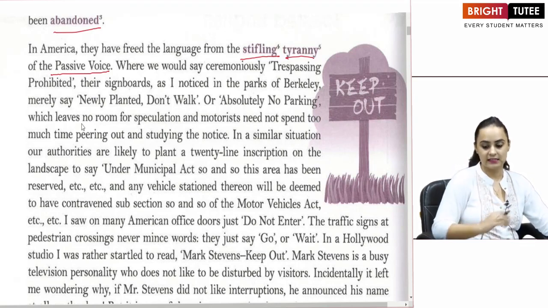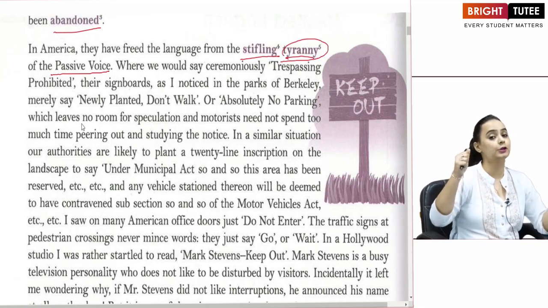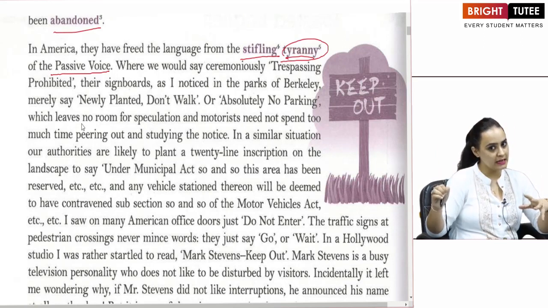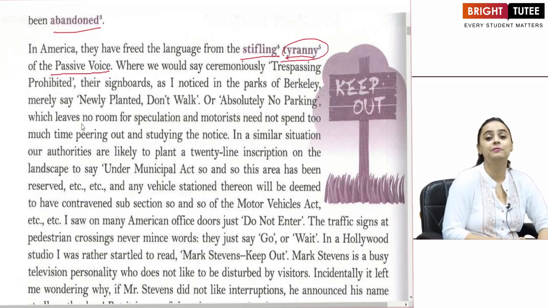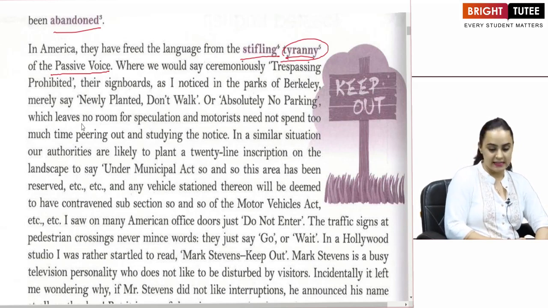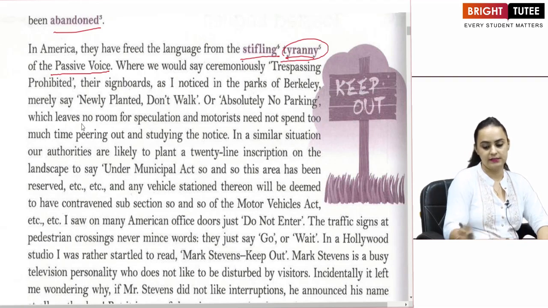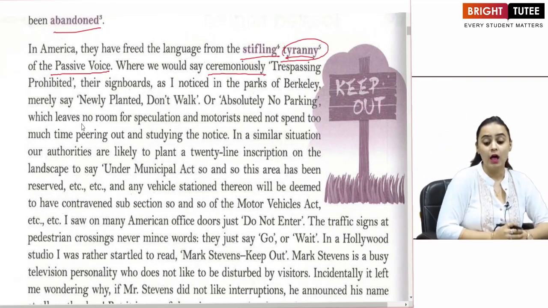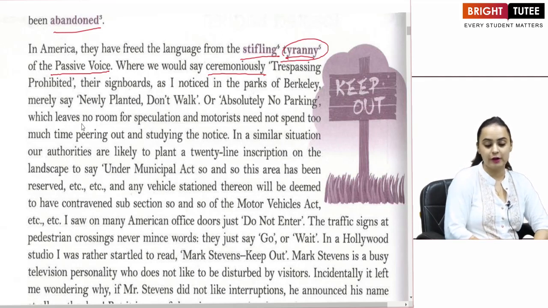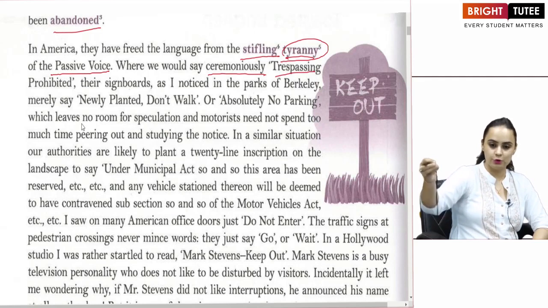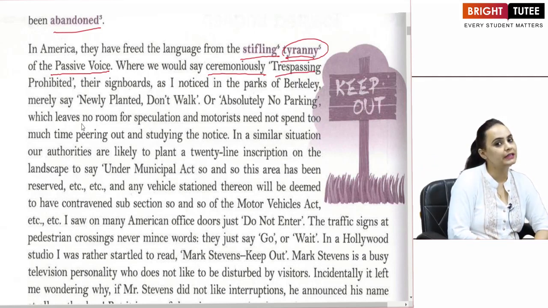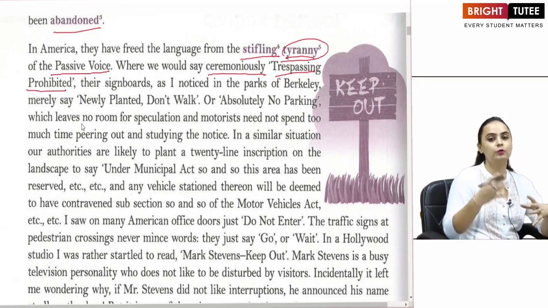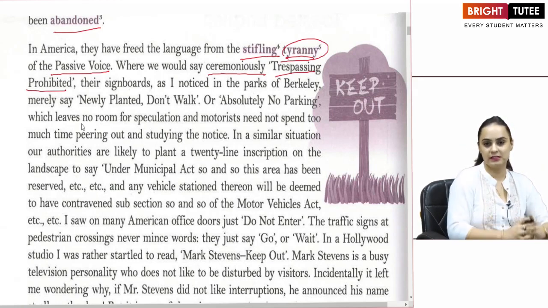So the writer tells us that this tyranny, this dominance, this control that passive voice has over the English language has been taken away, and in America, English has become very free, very liberal. For example, where we would say ceremoniously, adding a lot of flowers, making something look very beautiful, where one used to say trespassing prohibited. Trespassing means to enter somewhere without taking somebody's permission. That is known as trespassing. Prohibited means not allowed. So, where one could have said that trespassing to this place is not allowed,